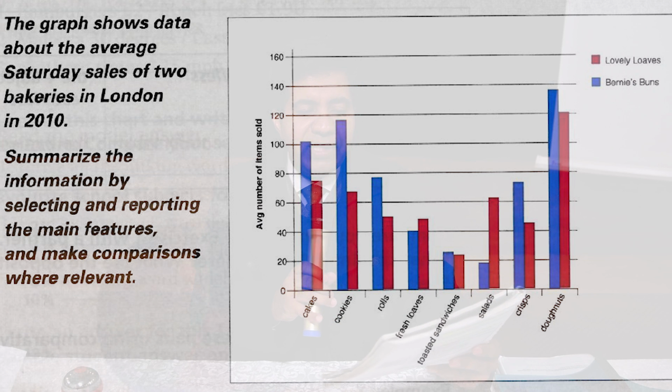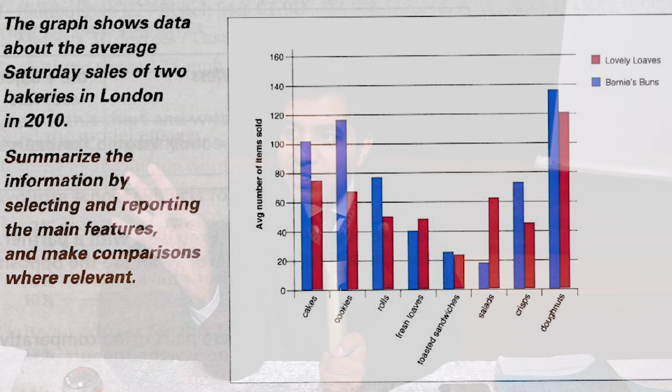Now, what is introduction? Very simple. The sentence which they have given you here: the graph shows data about the average Saturday sales of 2 bakeries in London in 2010. You have to reword and rearrange this sentence. Understand? Reword, so that examiner knows it's not the copy. If you copy anything from the question paper, it will be out of the word count. If you copy any sentence from the question paper, exactly, that will be out of the word count. Same rule, get out. Okay, so don't copy, rearrange so that examiner should not see it's the same thing,